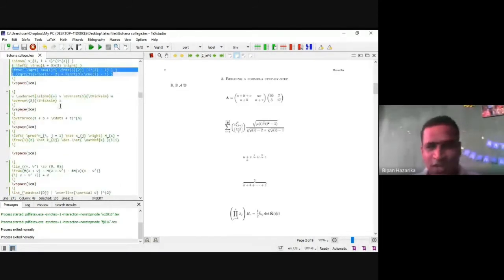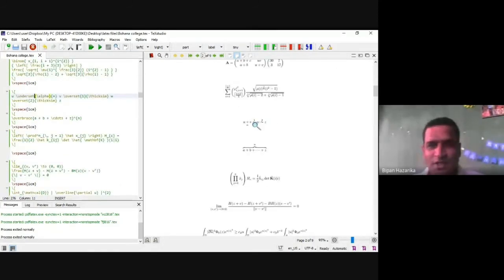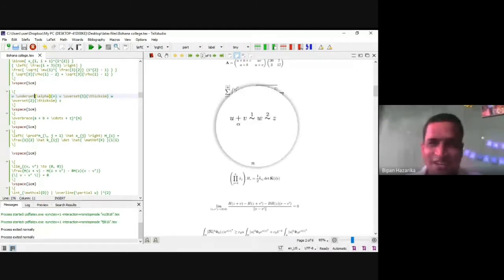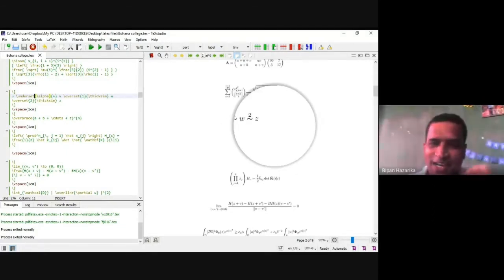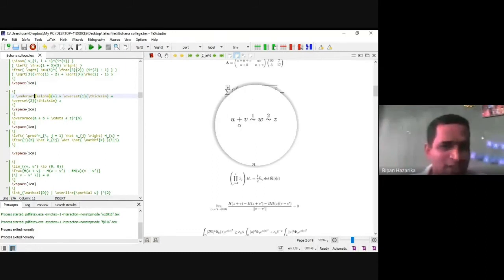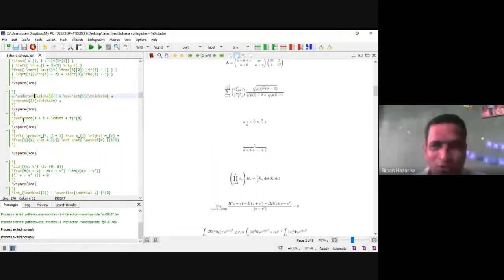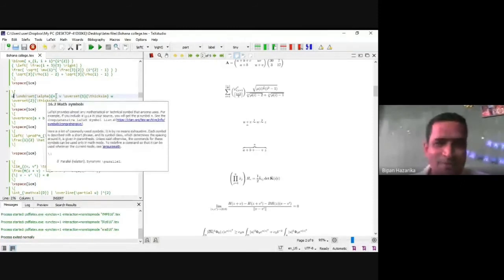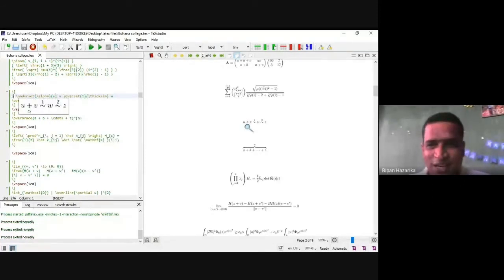Okay, so another one. We write alpha below the plus sign, tilde 1 above the tilde, and 2 above the tilde. Here we write u underset alpha, plus u underset alpha plus, that means below the plus sign you get alpha.